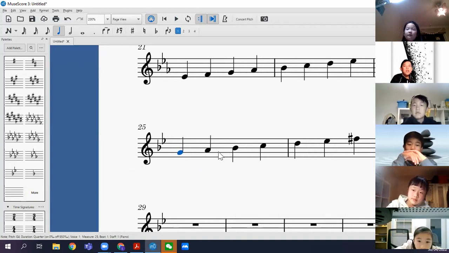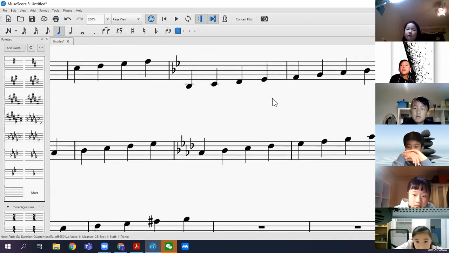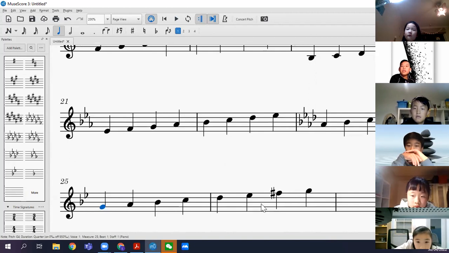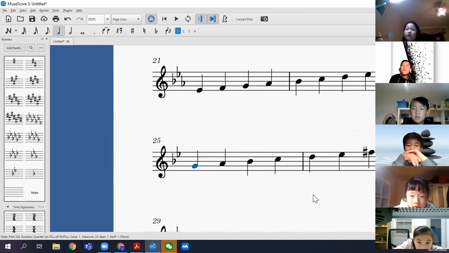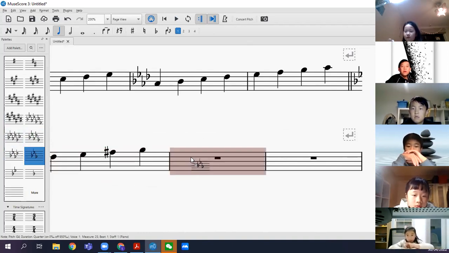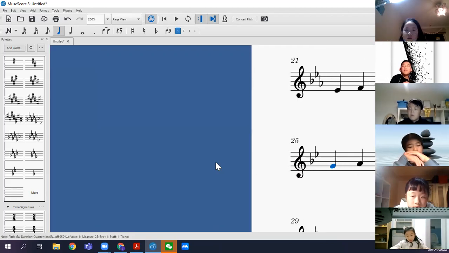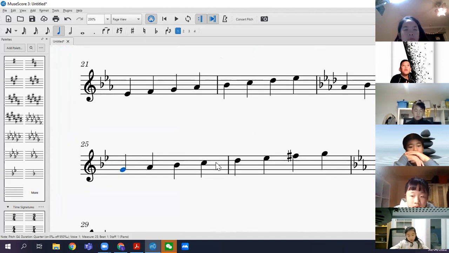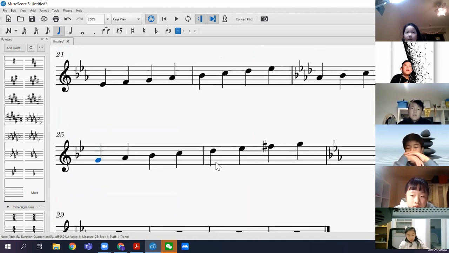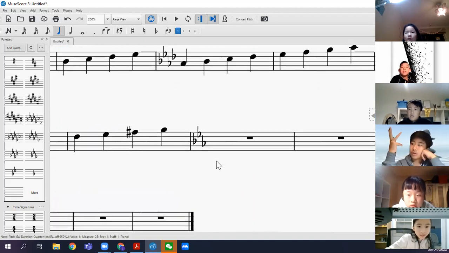So, as you can see, this is G minor. It has the same key signature as B flat major, except for an extra F sharp. Okay. Now, E flat major has 3 flats. Going down a minor third from E flat, you get, anyone? A minor third down from E flat is,